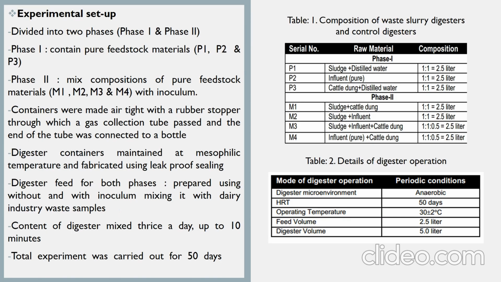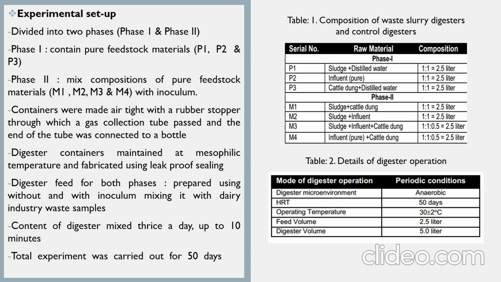Next is the experimental setup. The experimental study was divided into two phases, Phase 1 and Phase 2. Phase 1 contained pure feedstock materials labeled P1, P2, and P3. Meanwhile, Phase 2 had mixed compositions of pure feedstock materials with inoculum in anaerobic condition, labeled M1, M2,